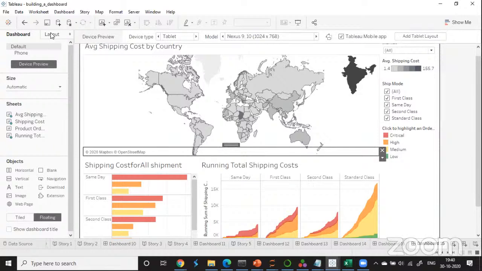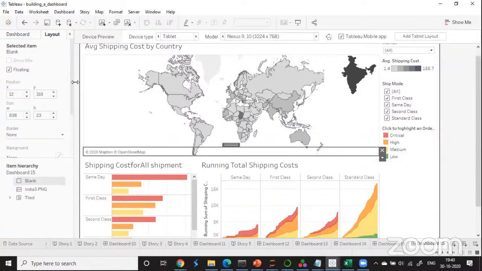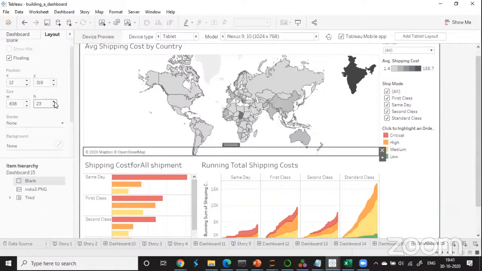You see something like layout here, so click on layout, and then you can select the position that you want. You can select the width, the height. You can adjust the height from here. Okay, it changes. You can adjust the width,